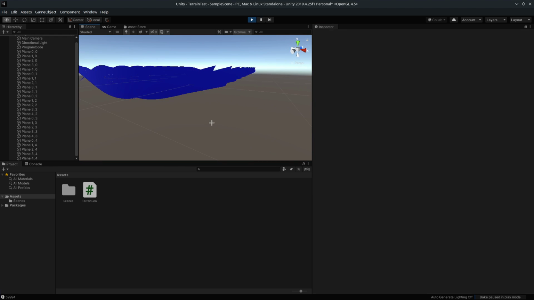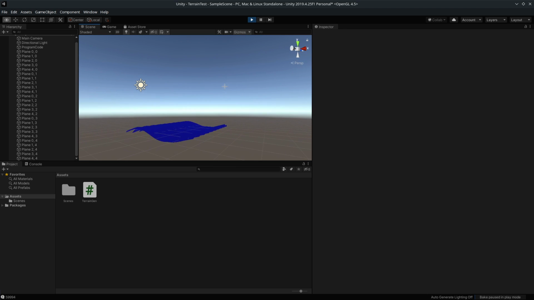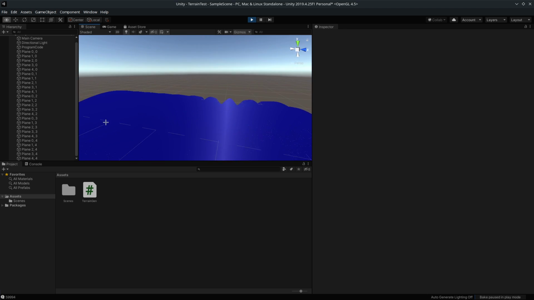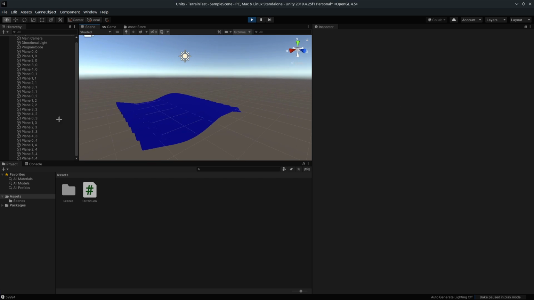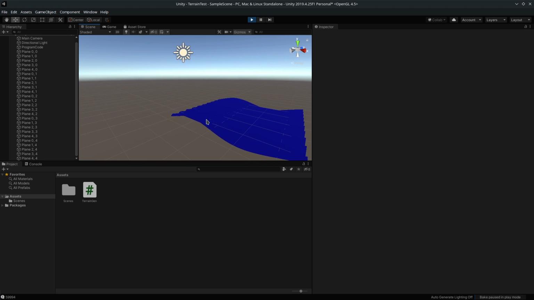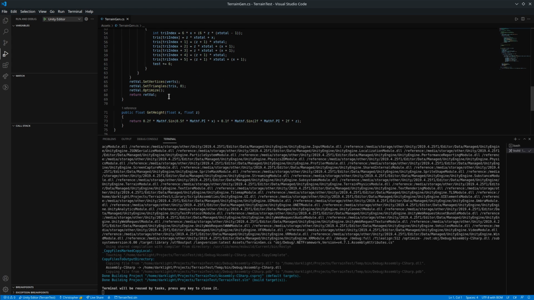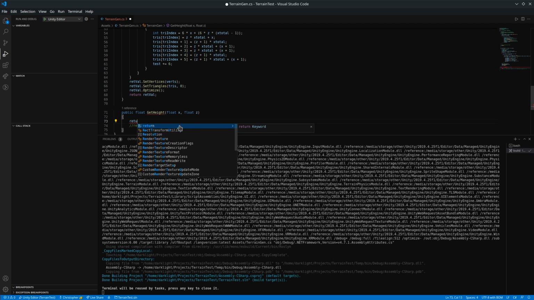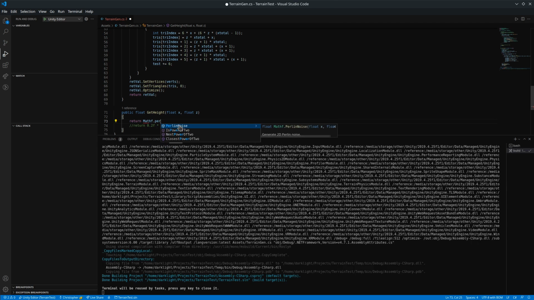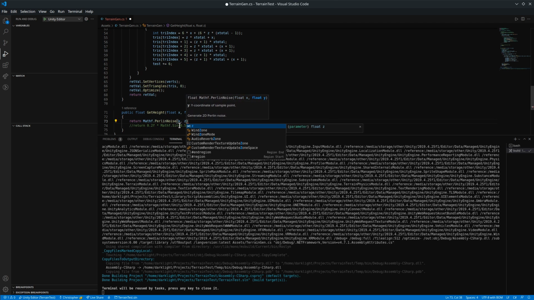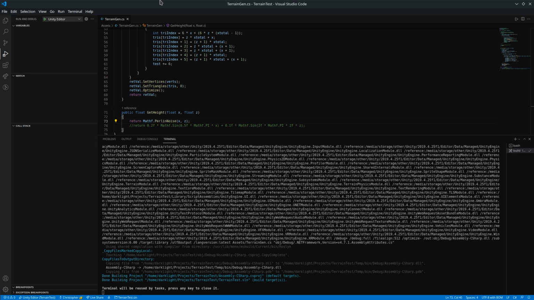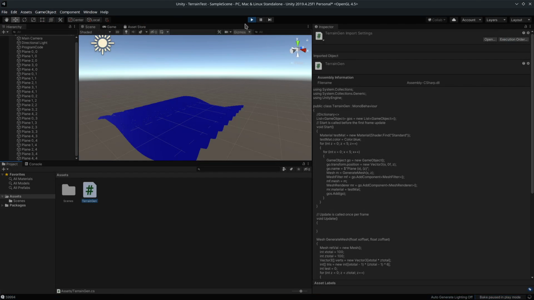So there you go. I guess for the lols, maybe everyone loves the Perlin noise function, so maybe I'll just add that in there as well. That's as simple as doing this. So let's just return Mathf.PerlinNoise(x, z). People and their Perlin function. And now if we stop that